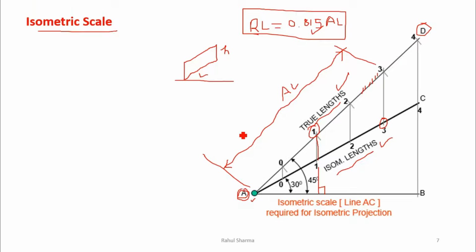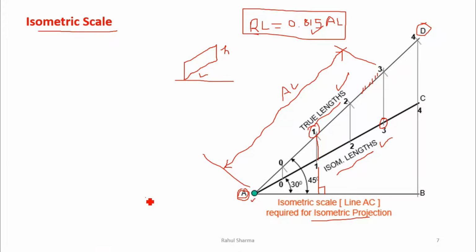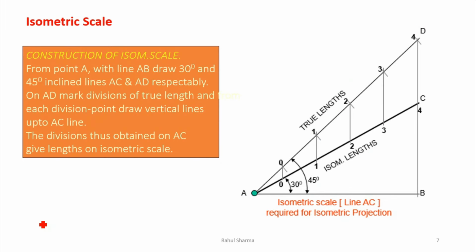So whenever we have to solve the question of isometric projection, we have to draw the isometric scale. Every time we have to draw, because in drawing subject we are not allowed to make any calculation. We show everything graphically. So this is the graphical method of conversion. Now I have written the same steps also. You can read them, how we have prepared this isometric scale.